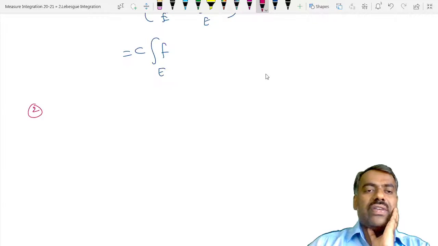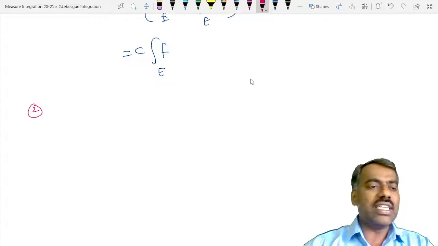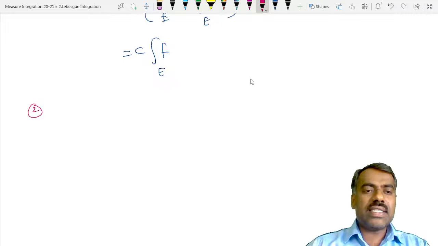Okay. Quickly, what is the second one? Integration of f plus g. We want to show that integration of f plus g over e is integration of f plus integration of g, right? So for this, first we show that if